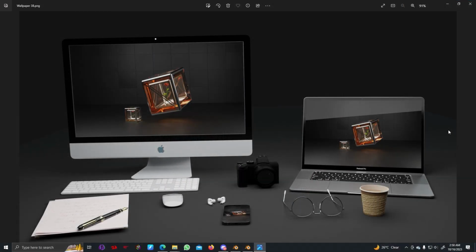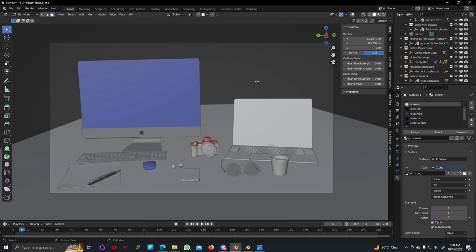Hello everyone, welcome to my channel, and in this tutorial we're going to make something like this using BlenderKit add-ons and a simple light setup. So let's see our scene setup here. You can see we have a MacBook, a Mac PC, a pen, an iPhone, sunglasses, and a coffee cup and